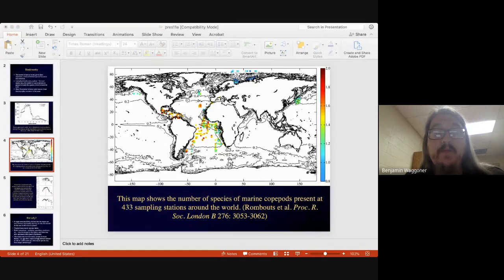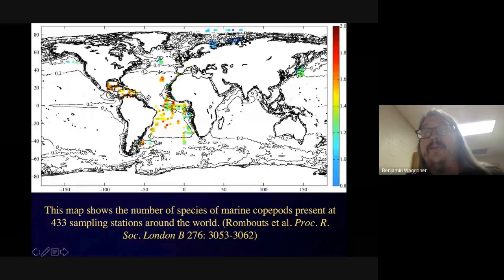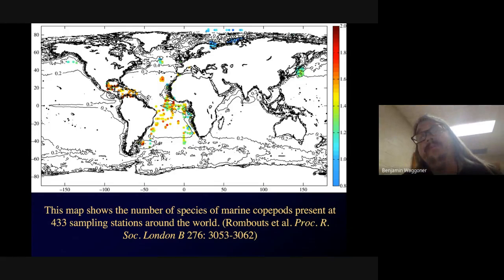And what I think you should be able to see is that the red and the orange dots are high number of species. That y-axis scale over there, that's not raw number of species. That's some kind of statistical measurement of it. But the more diverse sampling stations with more species of copepods are red and orange. In between is yellow and green, and the least diverse areas, the ones with only a few copepod species, are